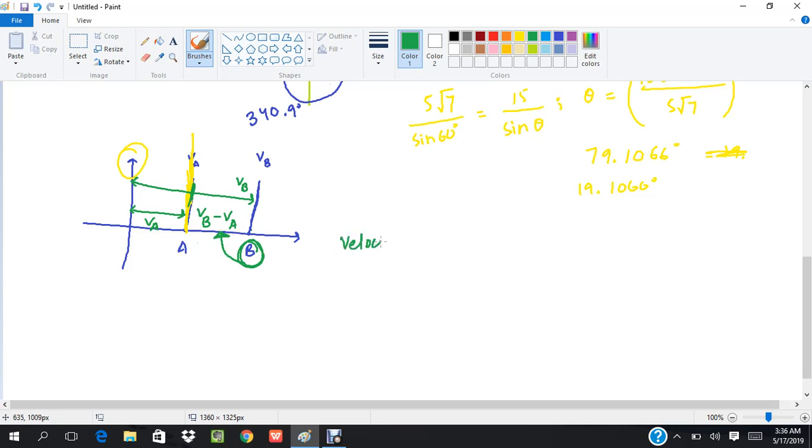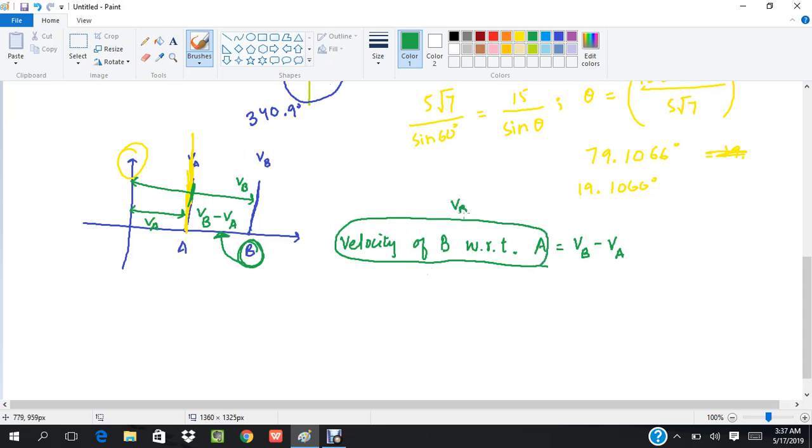So velocity of B with respect to A is given as velocity of B take away velocity of A. This entire statement is abbreviated as velocity of B slash A. And this is what is the relative velocity. So we can say that the relative velocity of B with respect to A is given by velocity of B